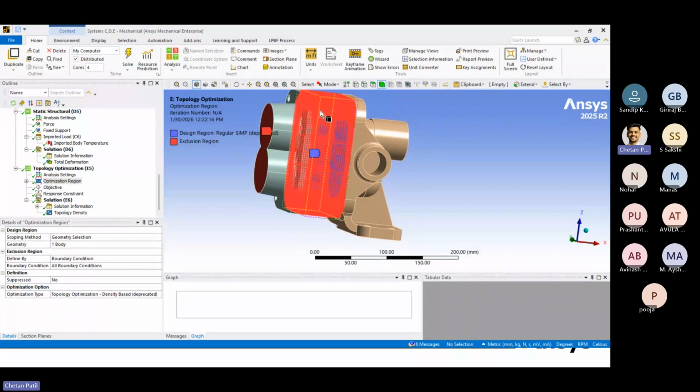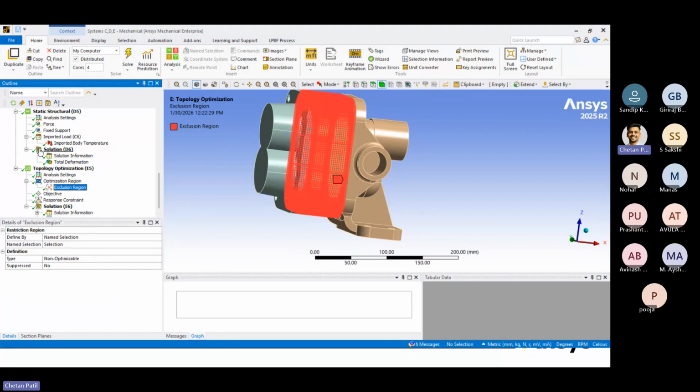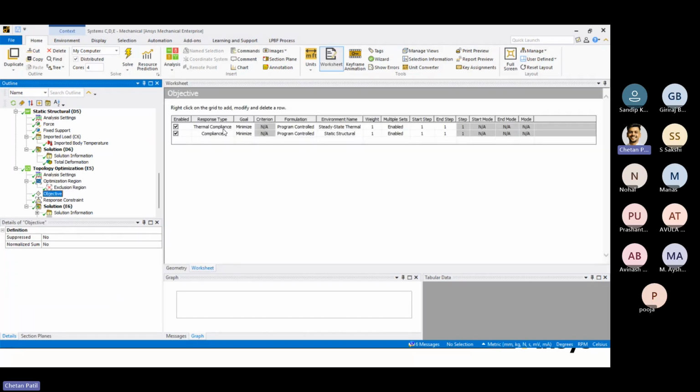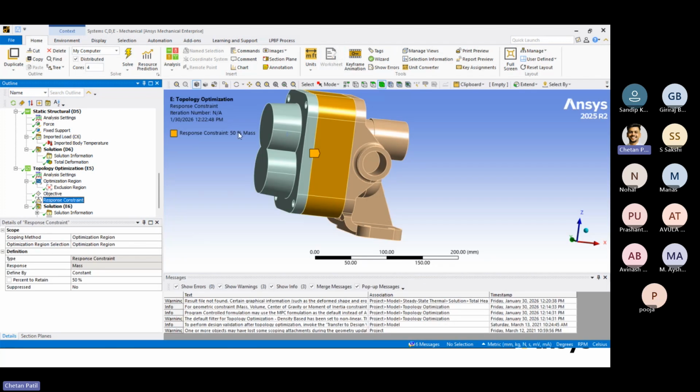And then whatever exclusion regions you have defined, that was your particular selection made in the named selection over there, and that has been considered to be excluded over here. After that, the objectives were two different things: one was your thermal compliance and the other your structural compliance. So both have been considered over here as your objective, and the response constraint is